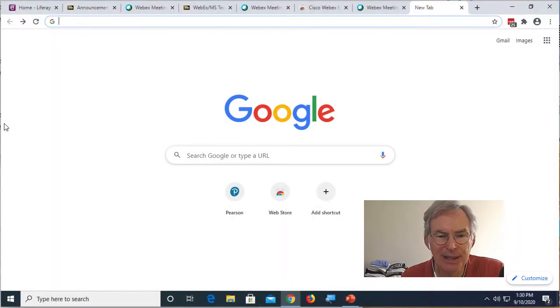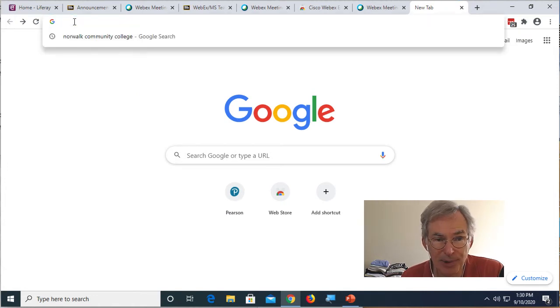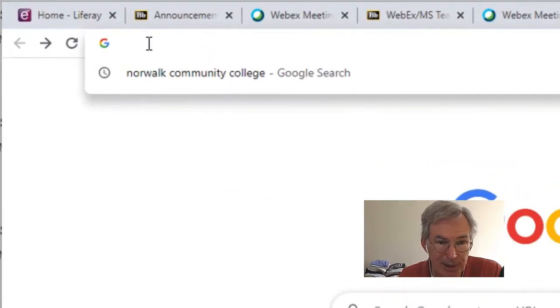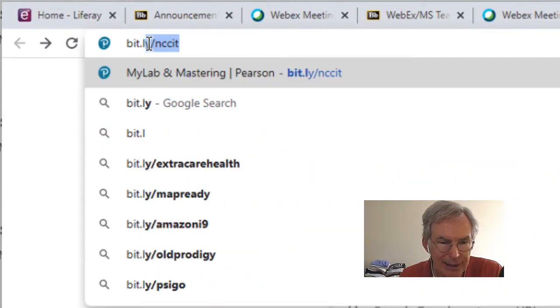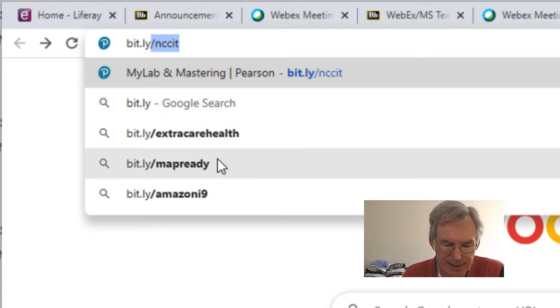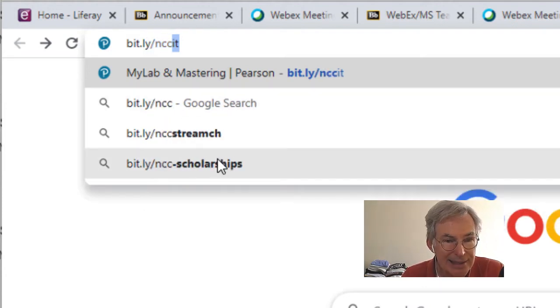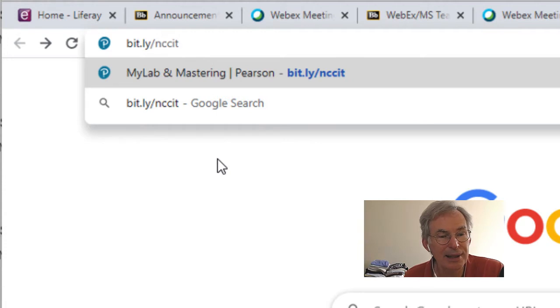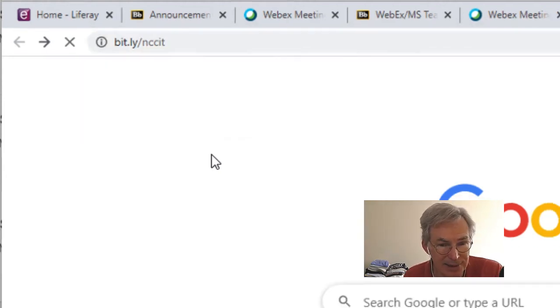I'm starting off in my Google Chrome browser, and I'm going to go to the MyLab IT site. So I'll just go up here, click in the address bar, and type in a shortcut. I created this shortcut for you, which is bit.ly/nccit. If you type that in, that'll take you to the MyLab and Mastering site on Pearson's company